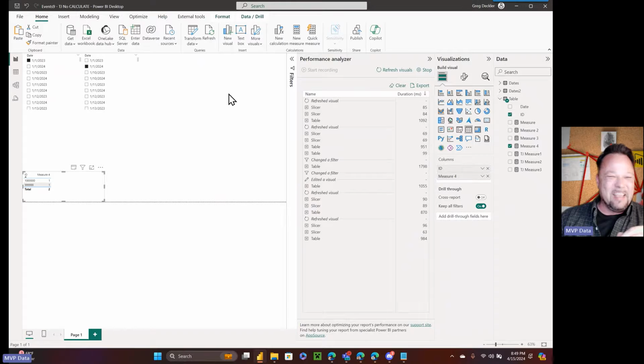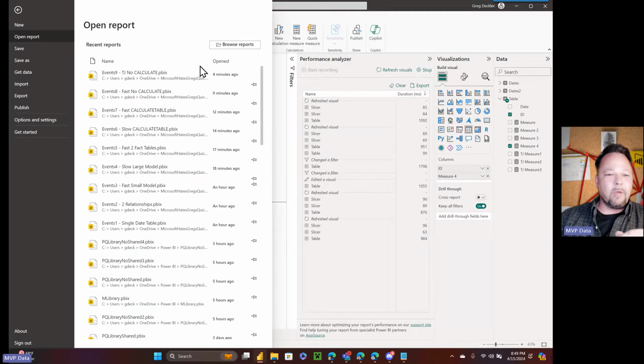Except this works really well, and you can get the same performance if you're using one date, right? You're comparing this date to that date. But what if you wanted to select multiple dates? And this is where the no calculate approach falls down, perhaps surprisingly. I'm going to show it to you, and then I'm going to show you the work that Tamer did to show what is going on behind the scenes and why it's falling down.